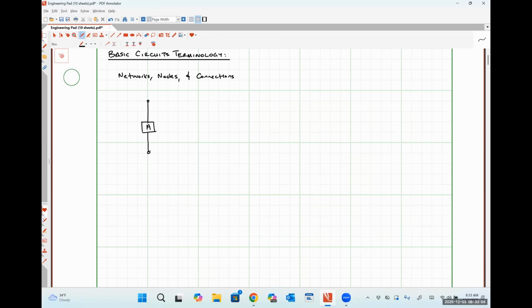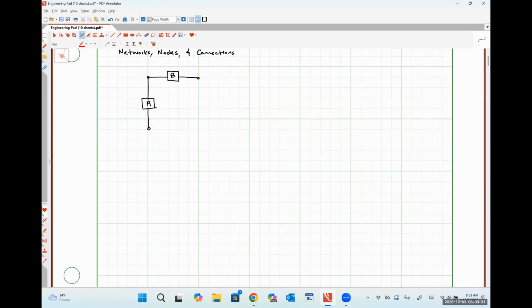So I'm going to add another generic circuit element here. This will be B, and I'm going to connect one terminal of element B to one terminal of element A, and then I'm going to have the other terminal sitting over here open like so. Okay. So whenever two or more circuit elements are connected together, they form what we're going to call a network. So I am just going to officially define that a network